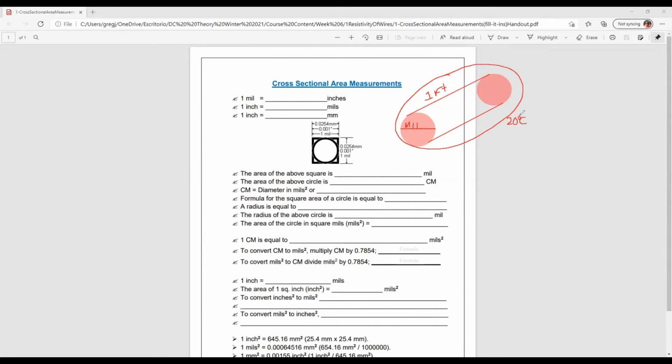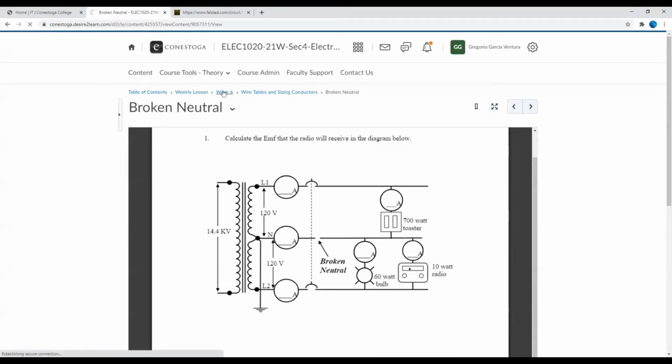Then I'm going to have a constant resistivity for this conductor. For aluminum, it's going to be 17 ohms per mil foot. For copper, it's going to be 10.4 per mil foot. And you may wonder, do I have to memorize these numbers? No, you don't. In order to find out those numbers, you go back to Conestoga, and under week 6,